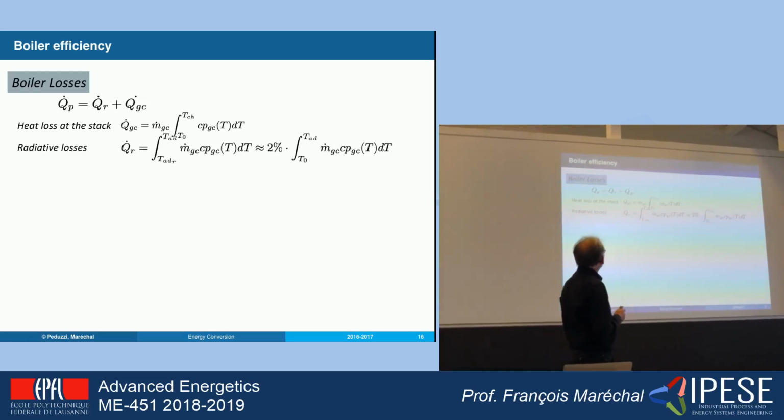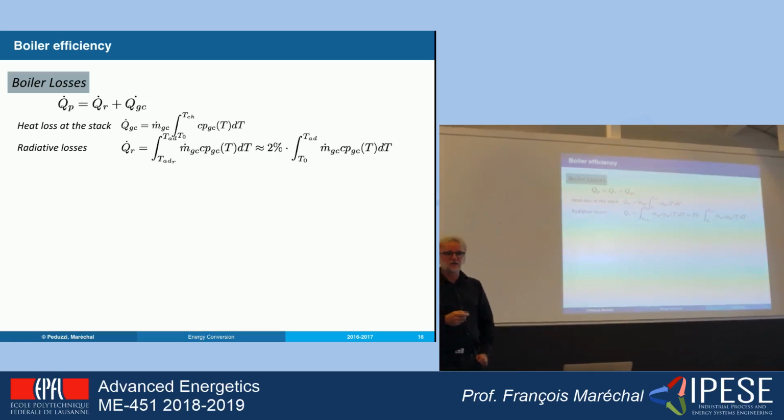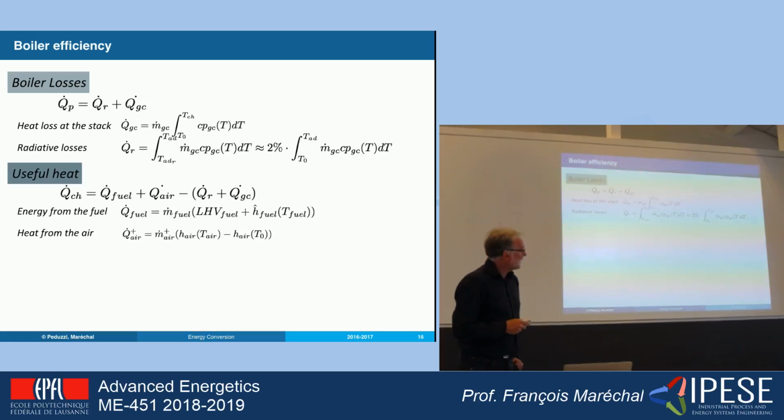Which means at the end that you will have to calculate where you lose the energy that you buy in the boiler. There will be part which will come from the radiation losses and part that are the combustion gases that leave the system. And therefore you will be able to calculate what is the useful heat that is delivered, which is the heat coming from the fuel, including the lower heating value plus the difference between the sensible heat available in the fuel as a function of the temperature at which the fuel is delivered, plus the amount of heat coming from the air, which is the flow of air that is calculated to burn the fuel, times the temperature difference between the adiabatic temperature, the reference temperature of the air, and the real temperature of the air,